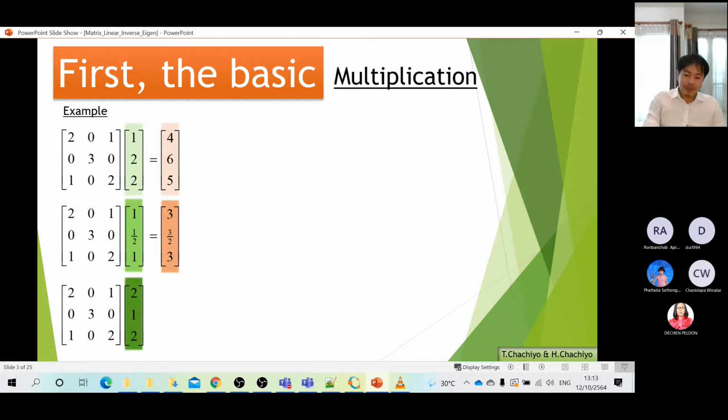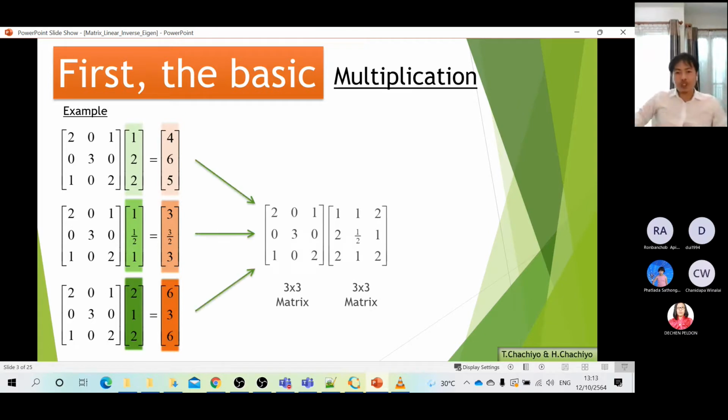You have another example of the vector and that's the result of the multiplication: 6, 3, and 6. So if we combine all of these 3 examples in one single shot, that's how we do it. That is the first vector, the light